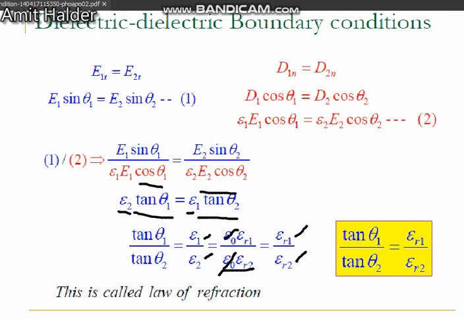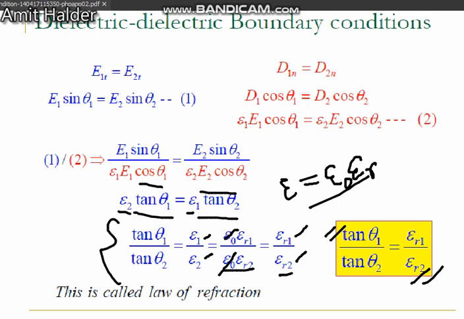As we know, epsilon, that means the permittivity of some medium, is equal to epsilon naught, the permittivity of free space, times the relative permittivity. Then we can find tan theta 1 divided by tan theta 2 equals epsilon r1 divided by epsilon r2, and that is the law of refraction. So we can also find the similarity of optics and also electric